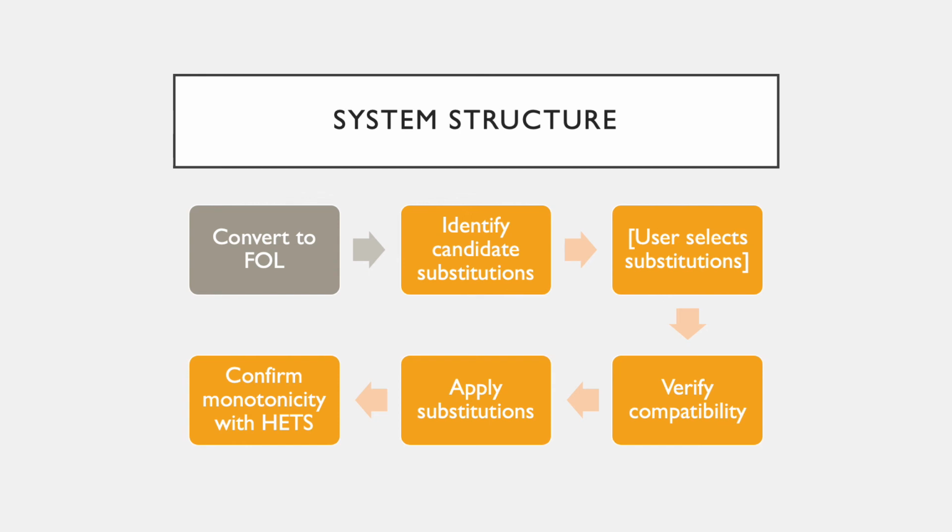The system contains 6 major components. First, if the input ontology is not in first-order logic, it is converted to first-order logic with HETS. Then the ontology is parsed, and all instances of the foundational ontology patterns are identified, and their corresponding simplified form is calculated. These are then presented as candidate substitutions to the user, who chooses which to apply. The chosen subset is then analyzed to ensure that the substitutions are compatible with one another, and if they are, the transformation is executed. Finally, HETS is used again to ensure that no new deductions are